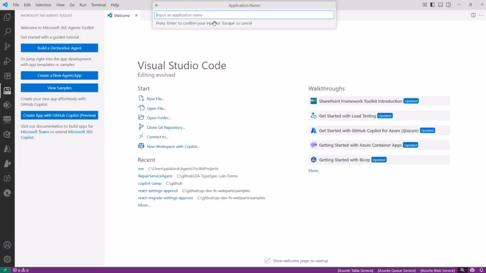Now, what I'm going to show you is a demo that you will also find available, as I said, in one of the labs of the Copilot Dev Camp, which is called the Repair Service Agent. Right now, I'm just going to create a random declarative agent for the sake of showing you what happens when you use the toolkit. And then we will switch to the actual demo that you can implement by yourself, following the step-by-step instructions of the lab. So, for example, I can define a community